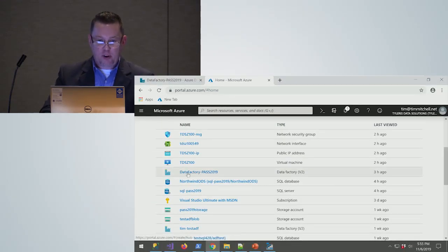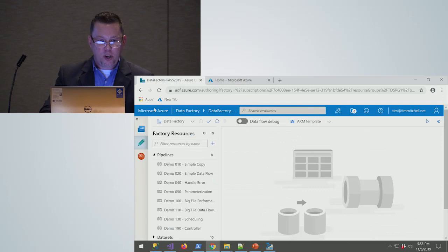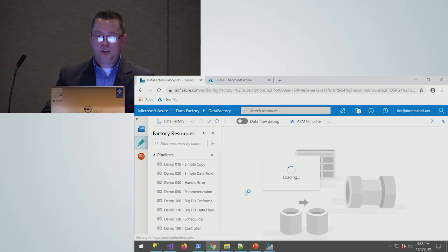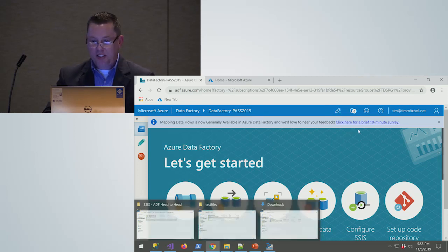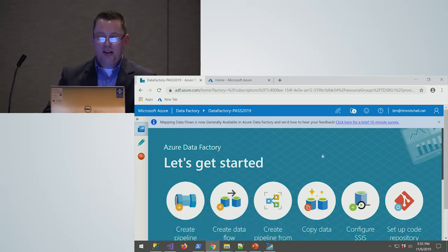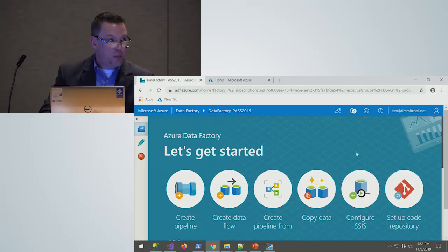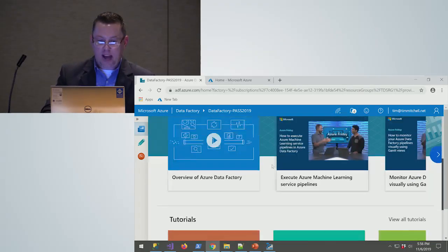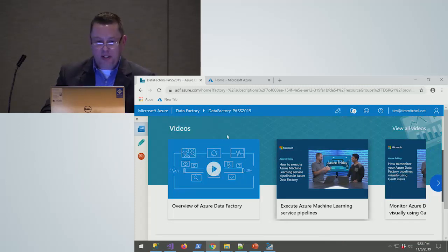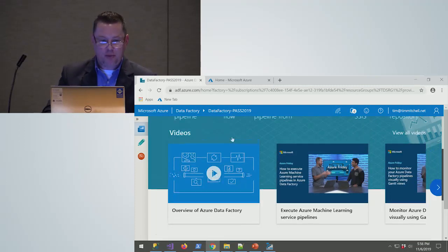If I were to go into that, I've already clicked on that. That's going to open up a new window that's going to take me to the portal specifically for that data factory. So every time I go into a data factory, it's got its own window that looks like this. This window is basically a guide to show me everything that I need to do. I don't need anything on here. If you want to go through some of those videos, they're kind of handy to have little tidbits of information.